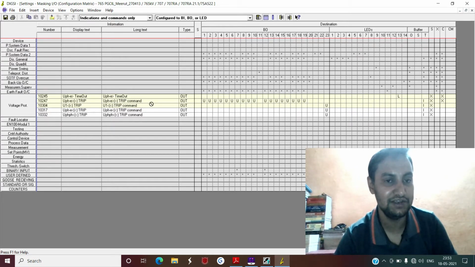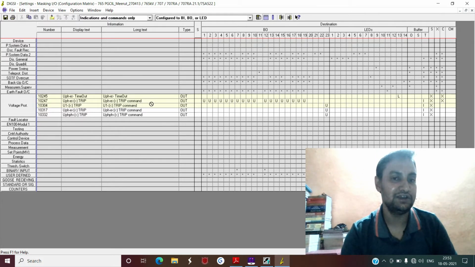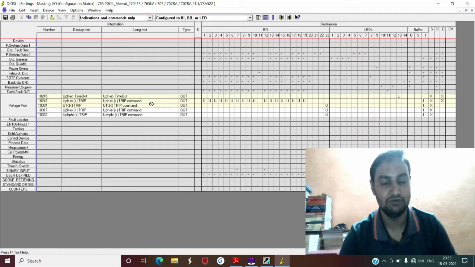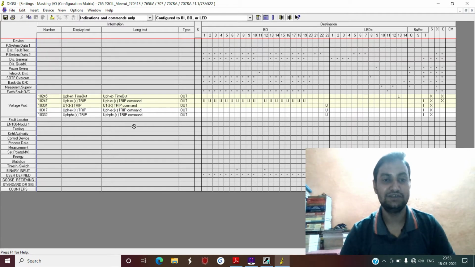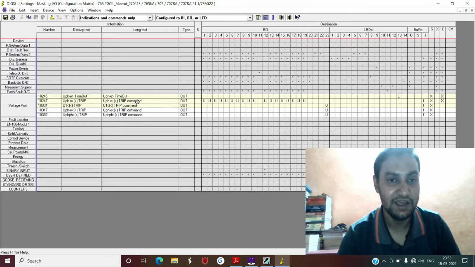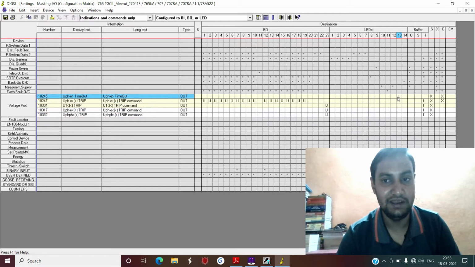So when your relay has issued a trip command on phase to earth over voltage, either in stage 1 or in stage 2, and I have already explained to you about stage 1 and stage 2. For this particular relay, stage 2 is 140% and stage 1 is 108% with a time delay of 7 seconds. So if there is a voltage of, suppose, 110%, then this relay will issue a trip command after 7 seconds have elapsed. So after 7 seconds, this signal U phase to earth timeout will be high, and you see here this LED will be in latched condition.